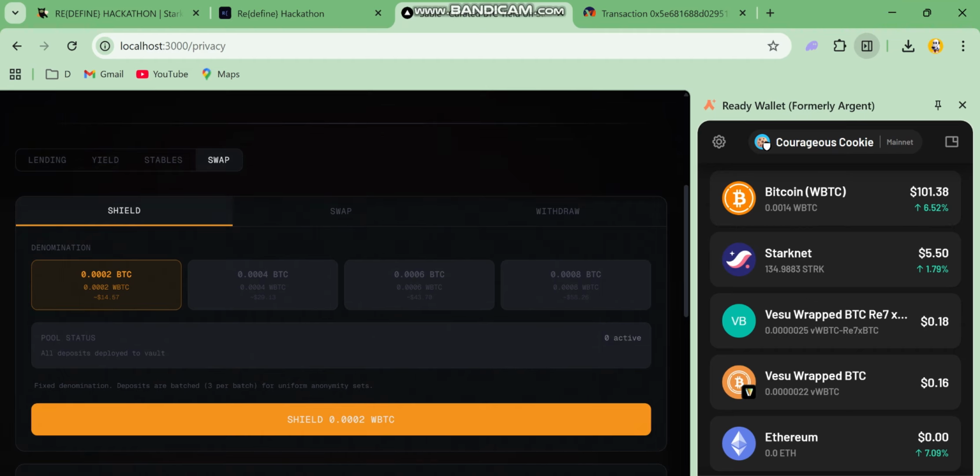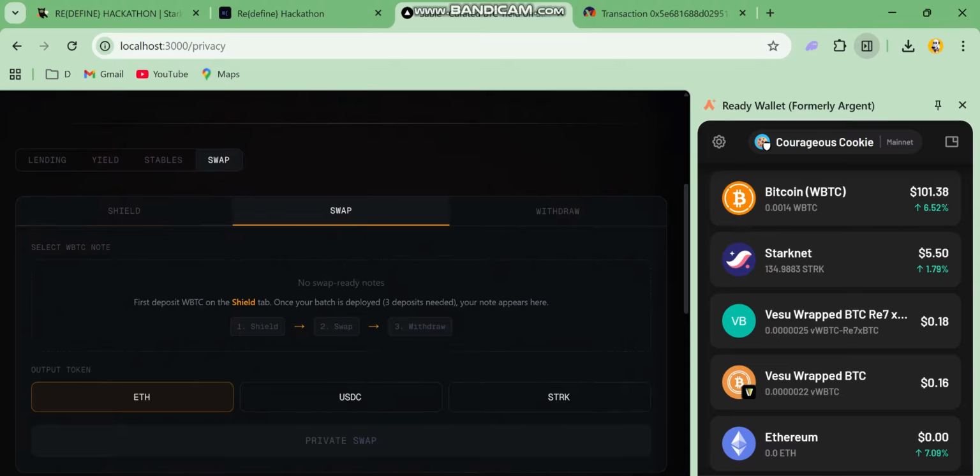And once it's there, when you come to swap, you select which token you want to swap to. If you want to swap to ETH, USDC or Starknet, any of them. So once you select and click swap, assuming we have shielded, the note will appear here just like in our withdrawal. So once we click it, the position